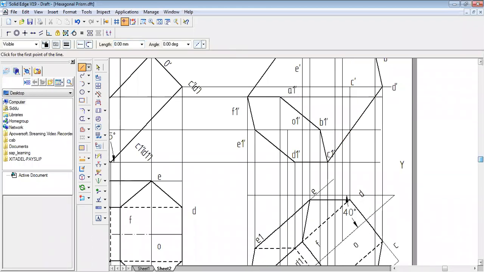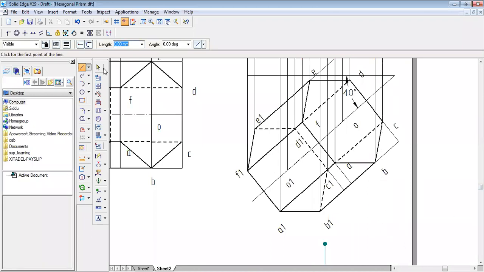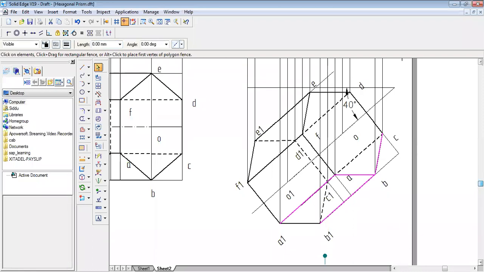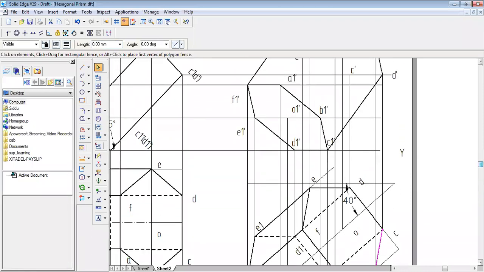So now, when I'm looking from the bottom, B to B1, this one, B to B1, and also A1 to A, B to C, A to B, all this is going to be seen to me. So let me check now. First B1 to B, and A1 to A, it is seen. Connect them with a thick line.